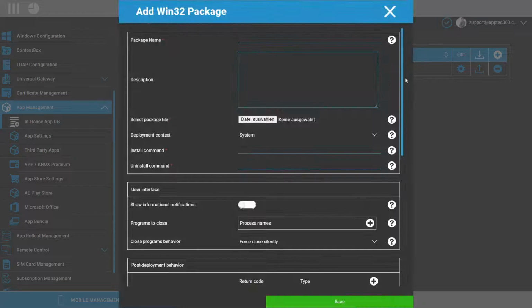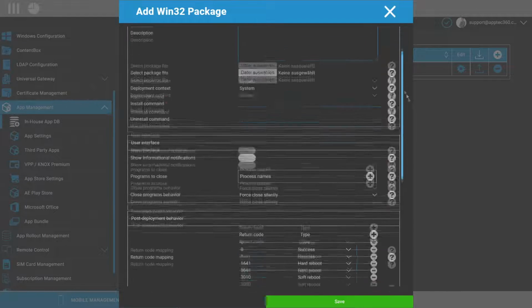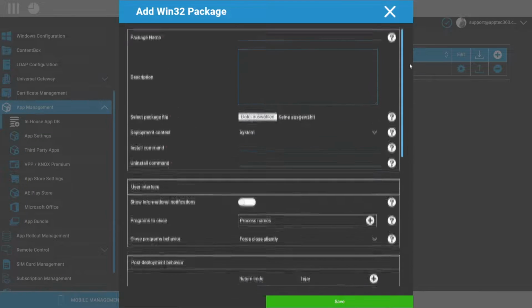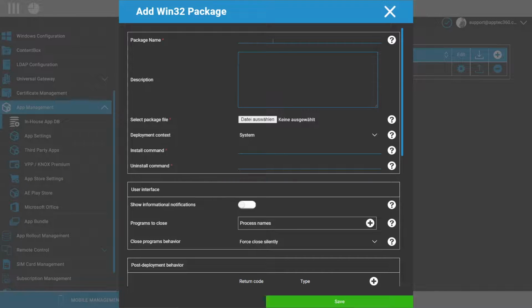So if I click on the plus, I can upload a new file here and define all the parameters. I just go quickly through here because if we go into every detail, we could talk a lot about this. I can give this a name, description, upload a package file. This is important. This has to be a zip file which contains your exe file, and maybe, if required, any other optional file. Depending on the program you want to distribute, there may need to be additional files